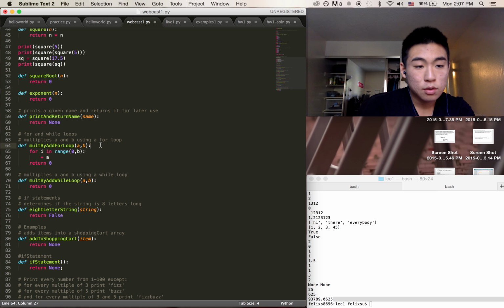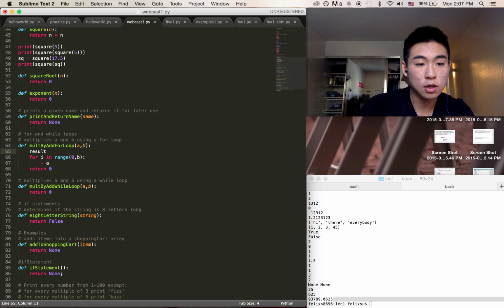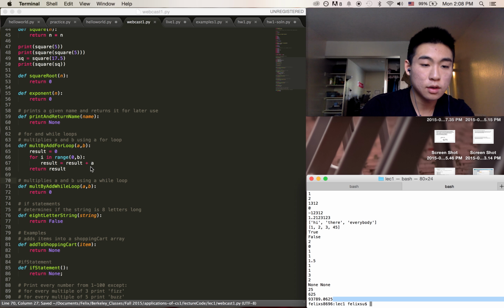So back here, when I assigned a value to a function, I can also assign a value to a primitive. So if I want to assign, let's say, an arbitrary value result equals 0, this will assign result to the value 0. Eventually I want to return result, and I want result to increment by A every single time. So I want result to keep adding A to itself every single time it goes from 0 to B. So what I would do is result equals result plus A, and that will give me